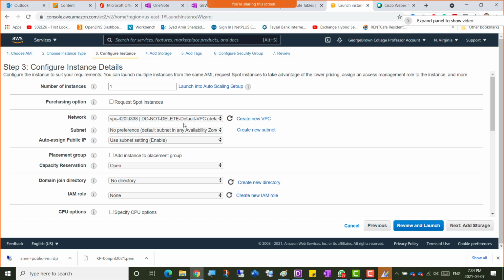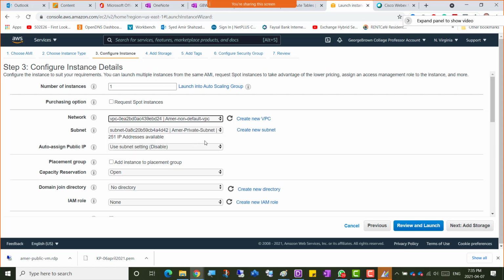We're creating this virtual machine in our non-default VPC. So I'm going to drop down here, I'm going to go for your first name non-default VPC, and within your first name non-default VPC we're going to select your first name public subnet, because we're creating a public machine,